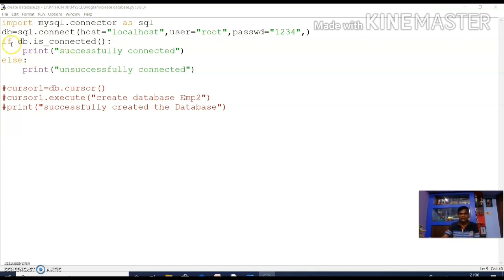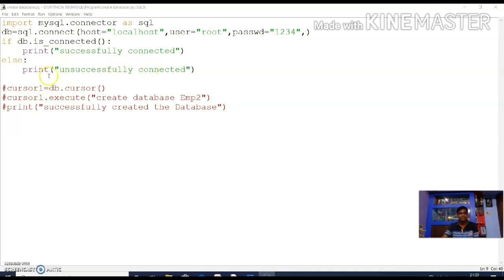If db.is_connected, print successfully connected, else unsuccessfully connected. If something is written wrong in the sql.connect function, an error will occur, or an exception is raised, which shows what type of error occurs.